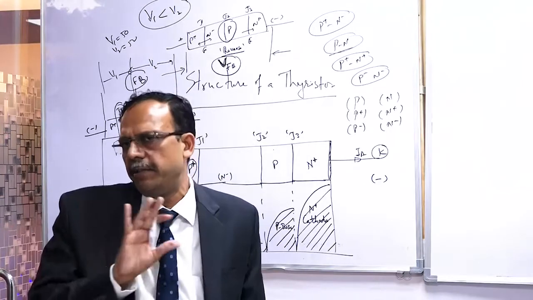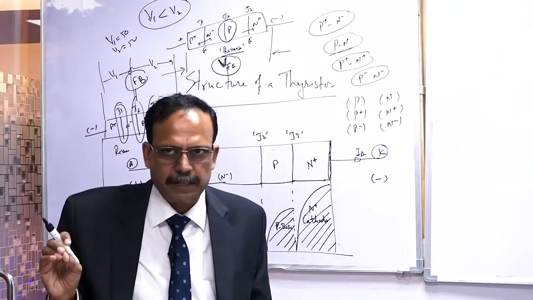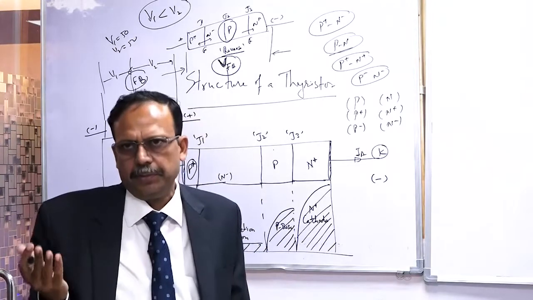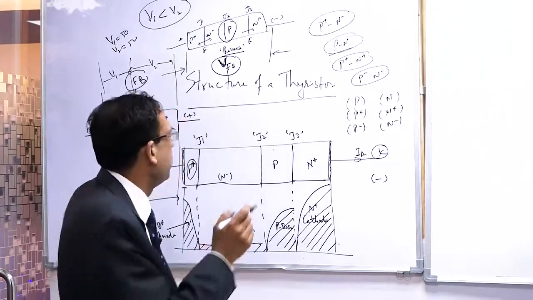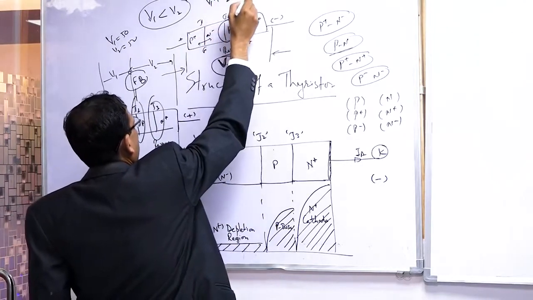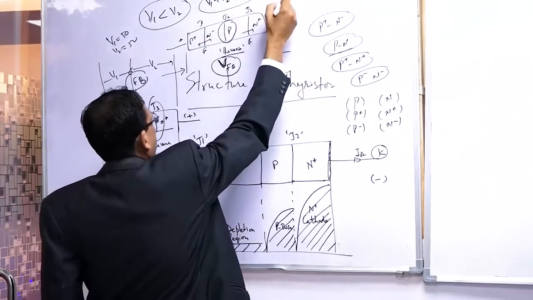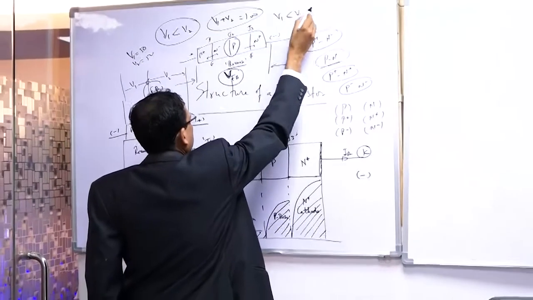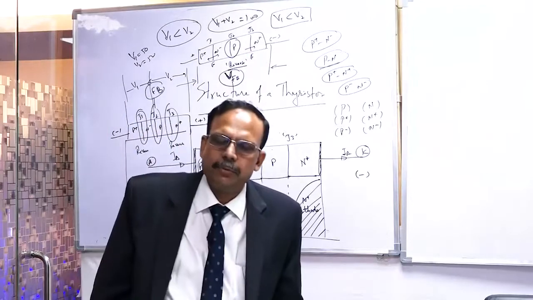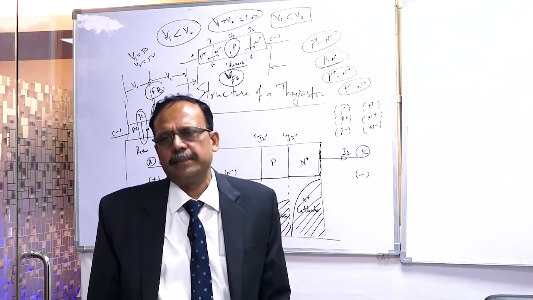If you apply 100 volts, V1 and V2 will be different. Ramesh Krishnan ji has said that V1 is going to be less than V2. But V1 plus V2 is going to be 100, and V1 is less than V2. That is what Ramesh is saying. Yes, anybody else who can throw some light on that?